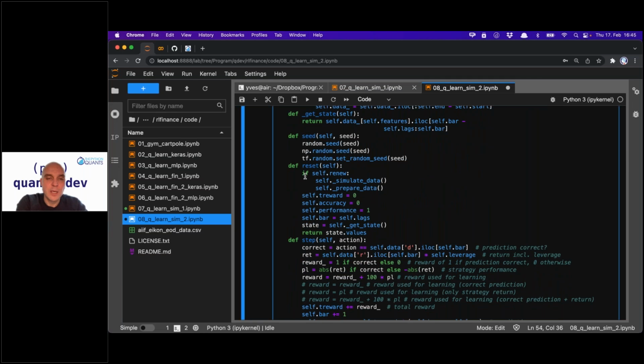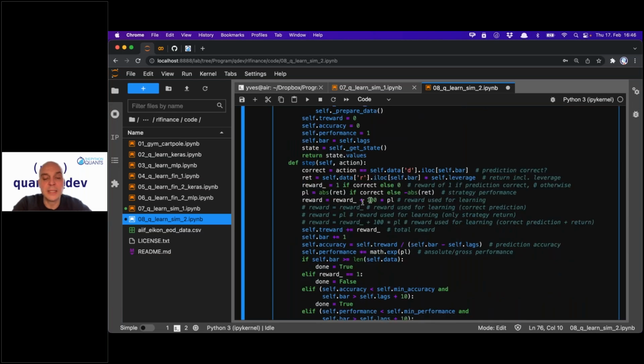And here you see when renew is set to true, I go and simulate and prepare the data again and again. Otherwise, if renew is false, the behavior is as before. When I train for 250 episodes, it's the very same data set that is used for the training, not for the testing. Stepping here, I work with a reward now of 1 for a correct prediction, 0 for an incorrect one,